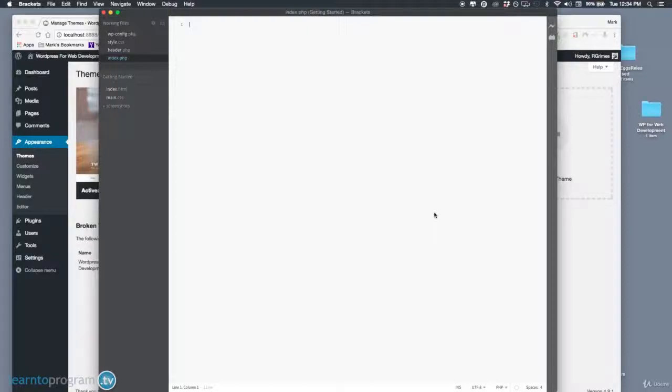So what goes into the index? We're going to continue what the header did, so that we're going to start here with the actual meat of the website, the actual contents. The header does have contents, but it's the inside that is going to have all of the information and the actual content that gives you what the website is about and gives you all of the information. So we're going to start here with a section. This is an HTML tag, so we're going to start